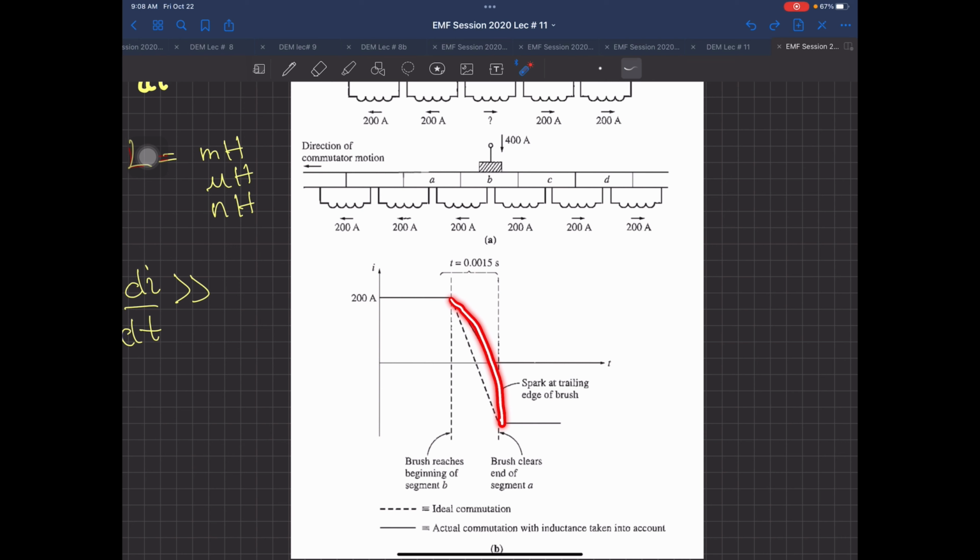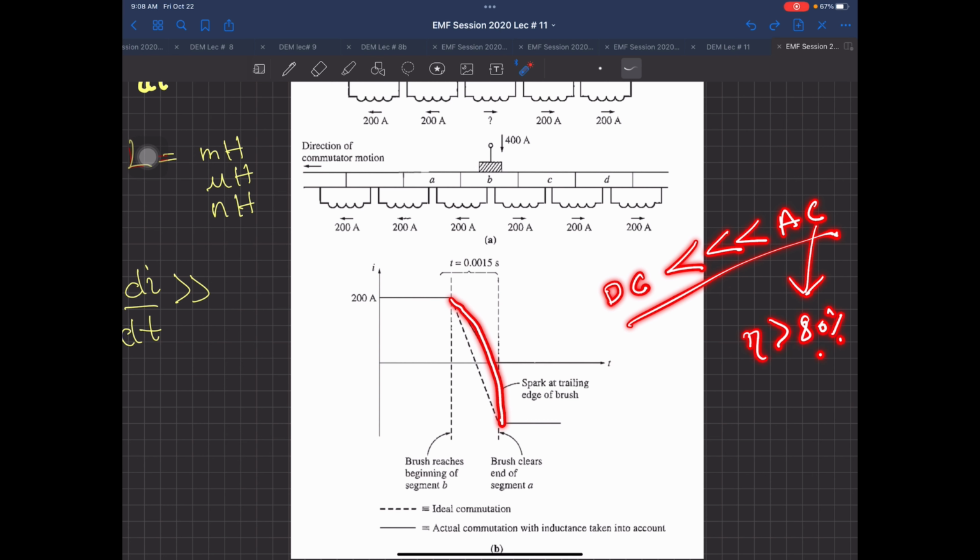And this is the main reason, listen to this very carefully, for a DC machine being obsolete now in favor of an AC machine. DC machine, you won't find any machine with 60 to 70% plus efficiency. AC machines are now available with an efficiency greater than 80% or even 90%. That's why your electric vehicles now have a brushless DC. That's a different form of a DC, but in fact an AC machine. We will talk about that one also after the midterm.